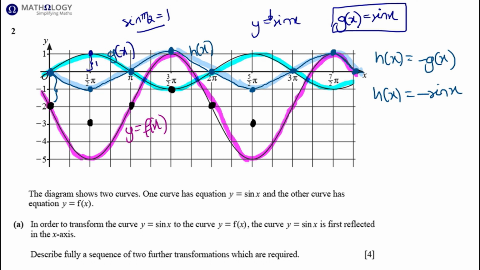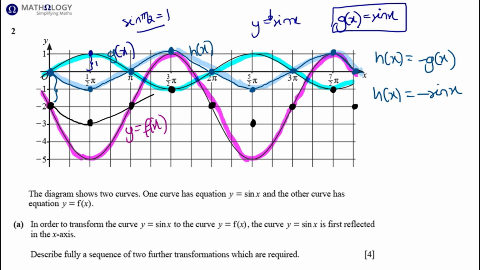At 3 pi, the y value is 0. Translate 2 units down, the y value is minus 2. At 7 pi by 2, the y value is 1. Translate 2 units down, the y value is negative 1. And where x equals 4 pi, the y value is 0. Translate 2 units down, the y value is minus 2. So we can now draw